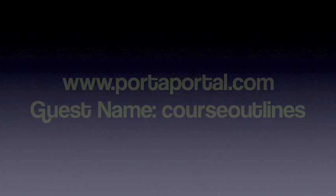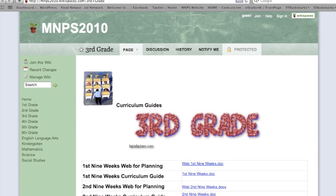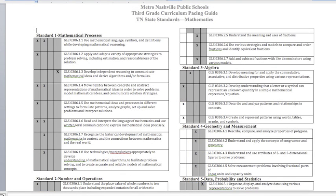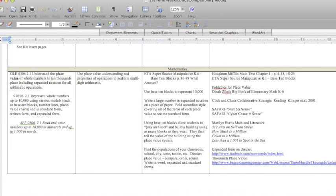There, you will connect to your grade level's wiki space, which contains detailed webs of core standards to cover during each 9-week period. Here is a third grade web with the math standards for the first 9 weeks highlighted. There are also yearly pacing guides by grade level and week-by-week course outlines with planning ideas that can help develop